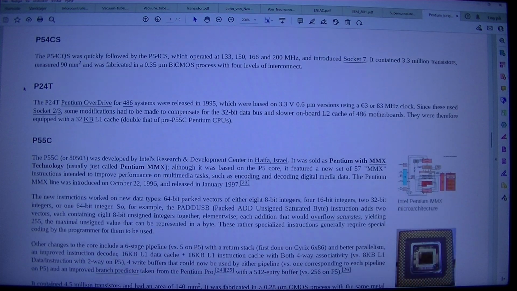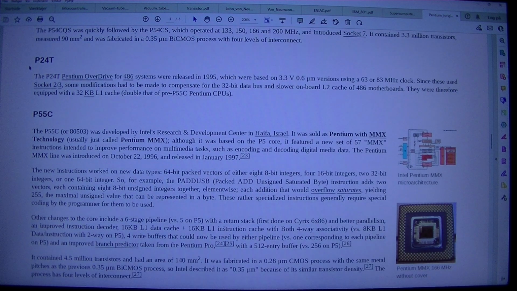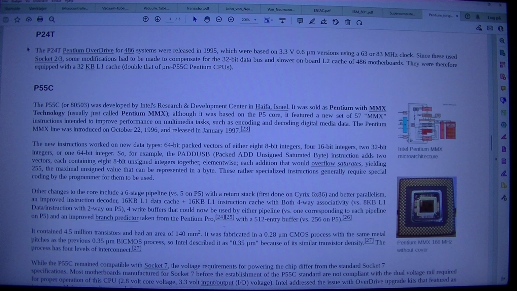P54CS. The P54CQS was quickly followed by the P54CS, which operated at 133, 150, 166 and 200 MHz, and introduced socket 7. It contained 3.3 million transistors, measured 90 mm², and was fabricated in a 0.35 micrometer BiCMOS process with 4 levels of interconnect. P24T. The P24T Pentium OverDrive for 486 systems were released in 1995,